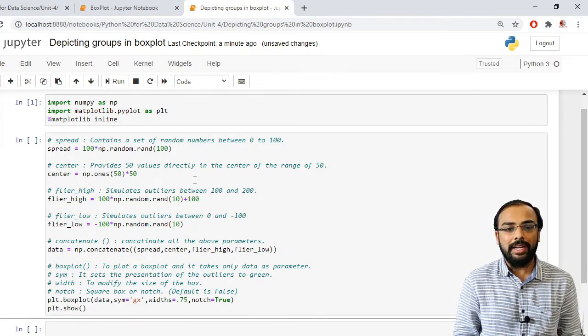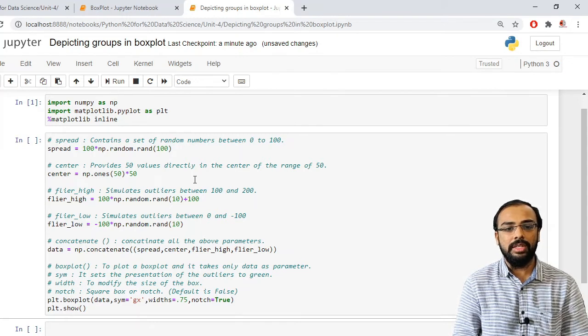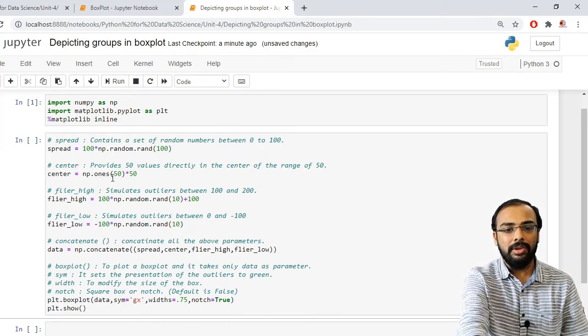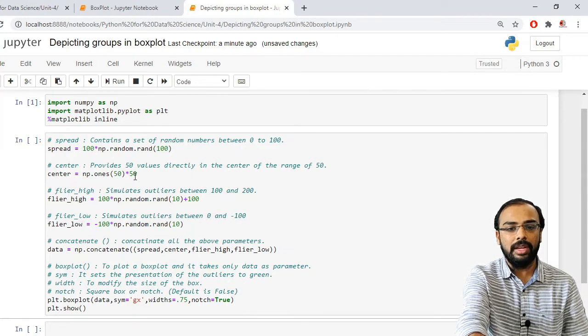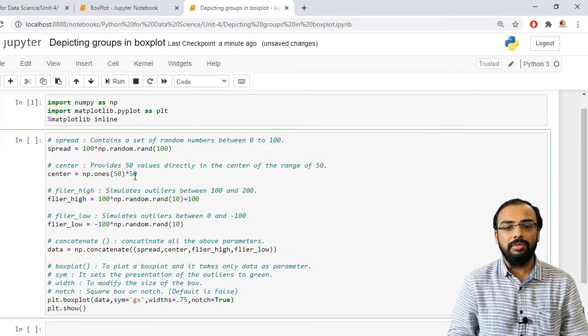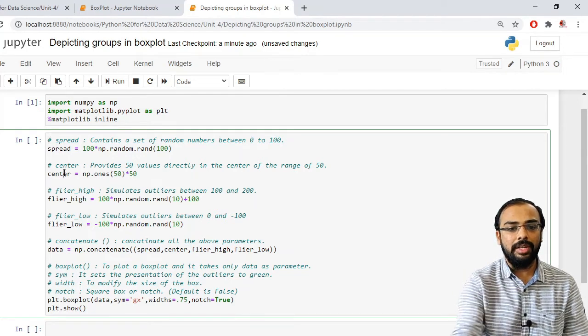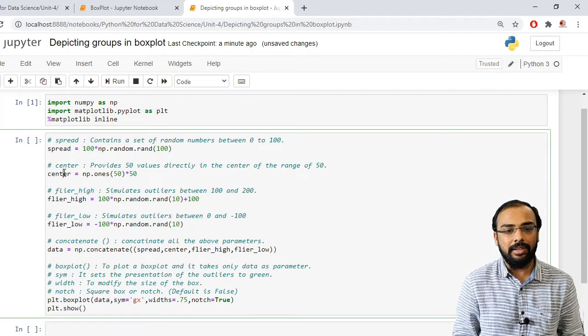So how can I get that? For that I have to use a function which is known as ones. Again it is present inside my NumPy library. So I am using np.ones here, specifying 50, because I want 50 values, and I am storing it inside a variable which is named center.